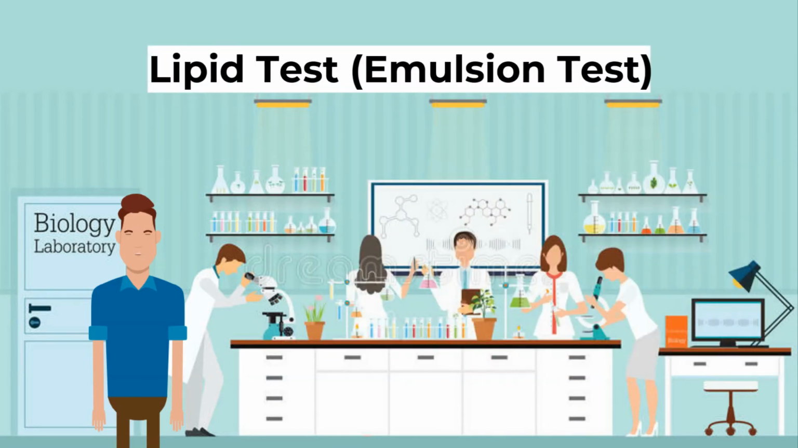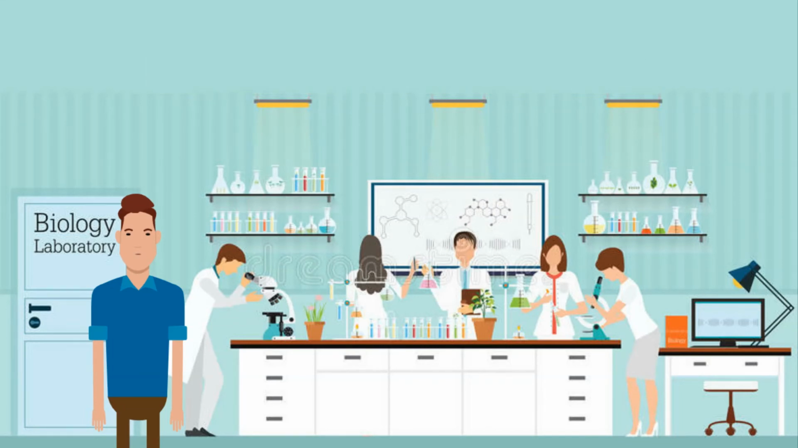Lastly, the lipid test, or emulsion test. Lipids are the group that includes fats and oils. To test for lipids, we do the emulsion test. Emulsions are small droplets that are insoluble in water. Firstly, if your sample is solid, place a small sample in a mortar. Add a small amount of ethanol and grind it with a pestle. Filter the mixture to collect the filtrate in a